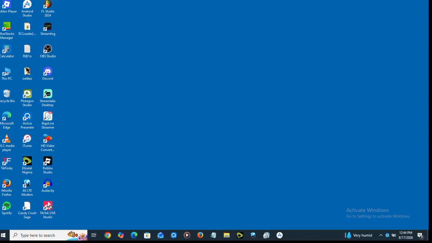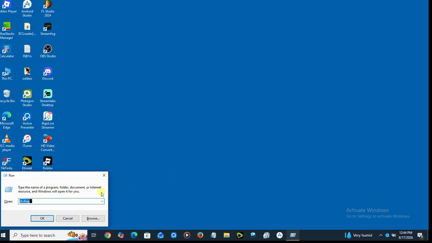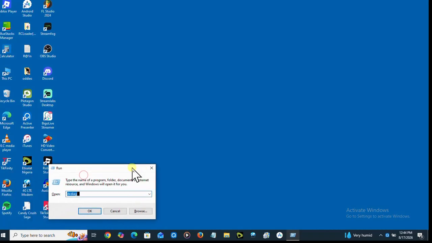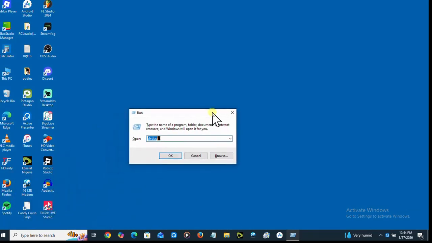In today's video, I'll be showing you how to check your graphics card on Windows 10. So I'm going to be showing you two methods on how you can actually check this. So the first method is where you have to actually hold down. You're going to press your Windows key together with R, and you're going to see this right here. So when you see this, you're going to just have to clear and actually type in